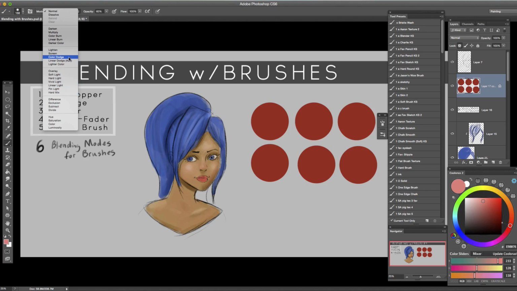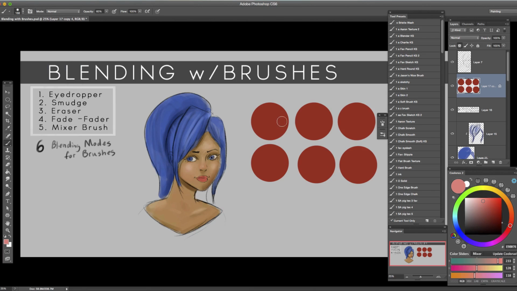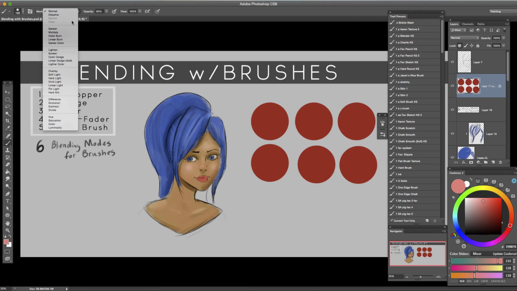Now color dodge, linear dodge, those will just blow the lights right off the door. So those are fun to use, but you've got to be careful with those. Anyway, these are more for lightening your object or your character or whatever it is that you're going to be painting. This is more for darkening. So we'll take a look at how some of these really work. We've got our transparency lock on. And as I was saying,